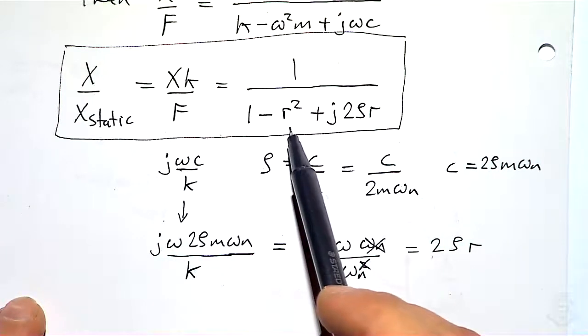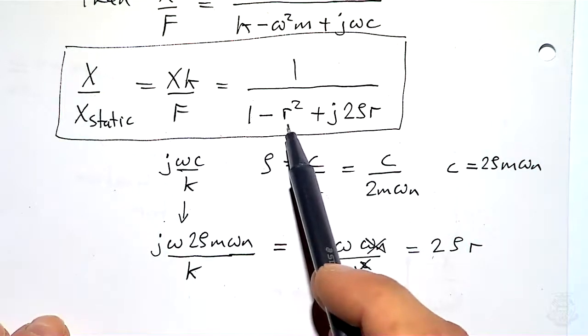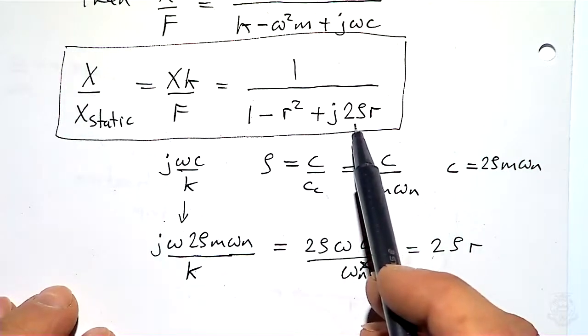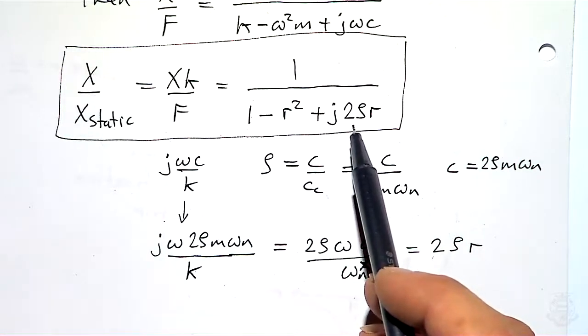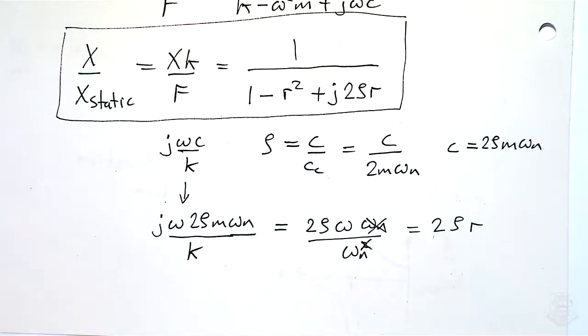But if you notice, what it's got now is just two parameters on the right hand side. It's got the same parameter we had last time, r, which is the ratio of the frequencies, and then it's got this other parameter, zeta, which we know from our previous lectures is the damping ratio. So we've actually just got two things, and again, they're non-dimensional. Because this is a complex function,